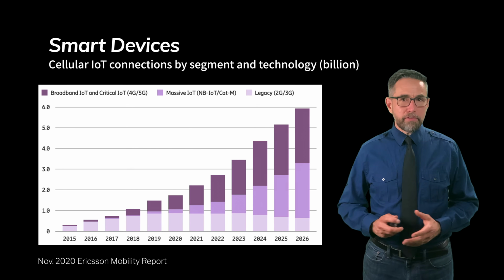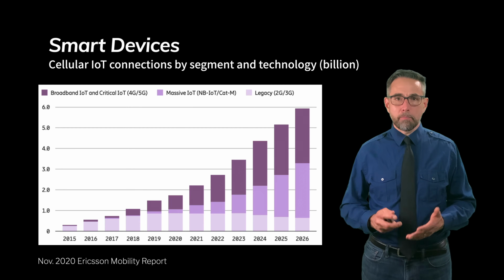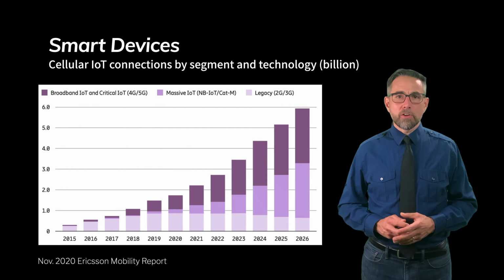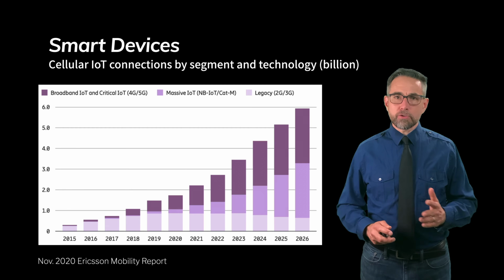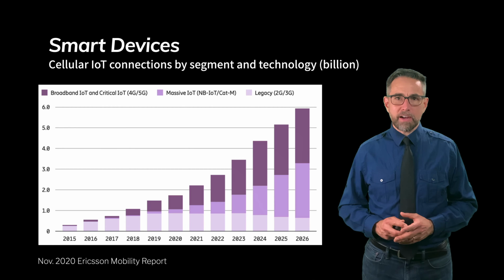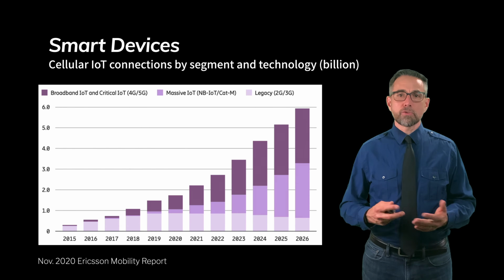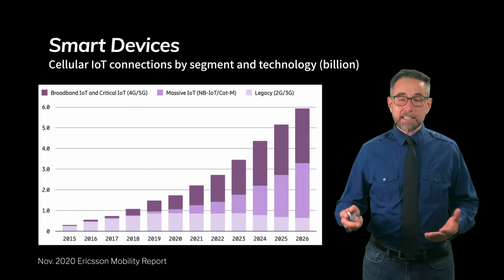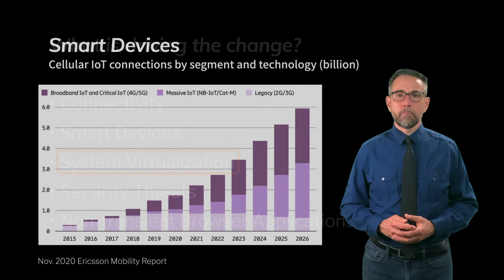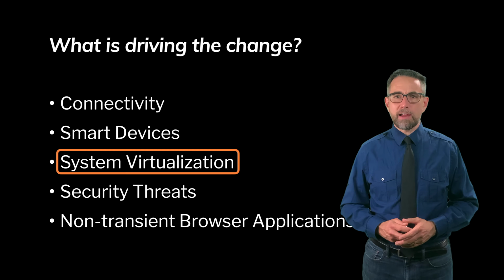Don't forget about Internet of Things devices. So those devices that aren't smartphones, that don't really interact with people on a moment-by-moment basis, or don't require interaction with the person in order to operate. There's a whole range of kind of sensor-driven devices, appliances, all kinds of Internet of Things devices that are also coming online, driving some of that data traffic, also driving a number of places in which you can collect information about the world or interact with the world as well. So we've got connectivity and smart devices. What's the third trend driving this change?